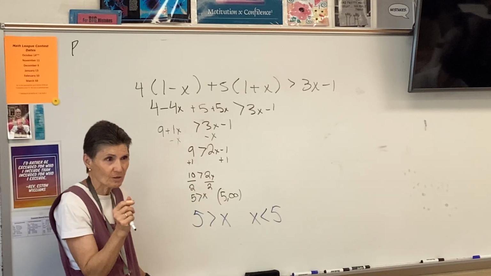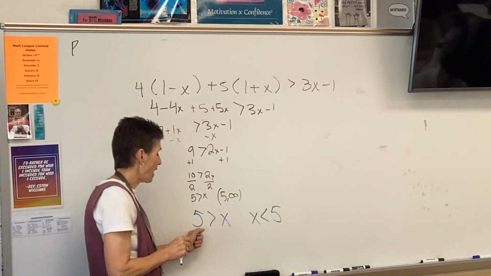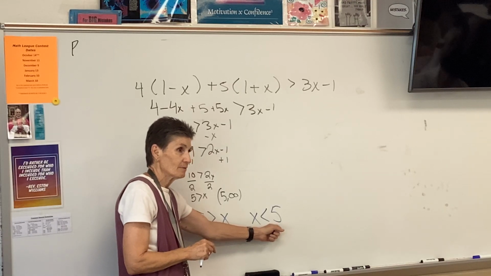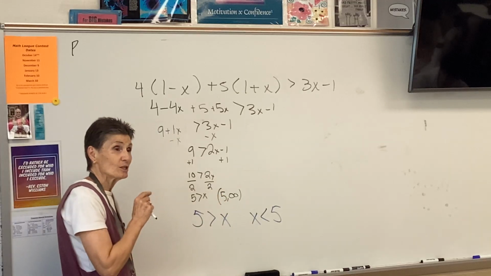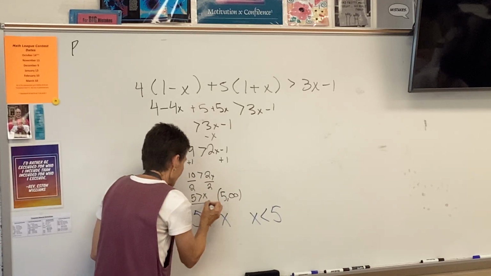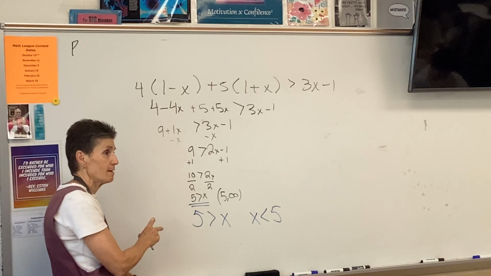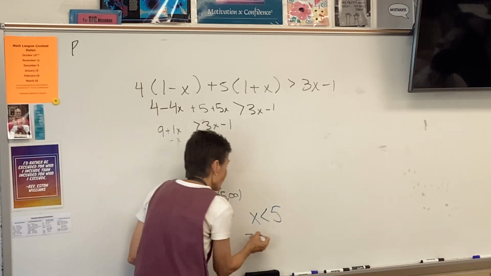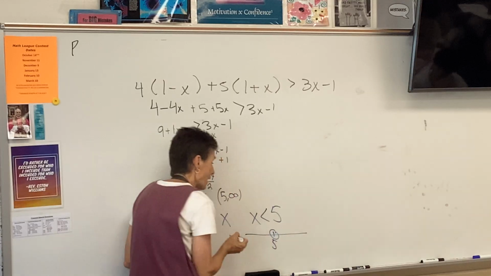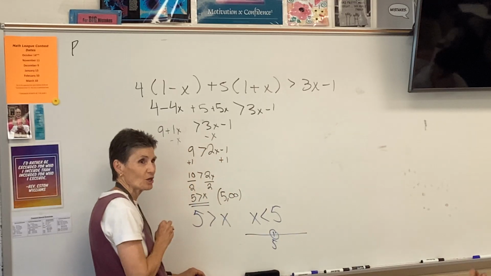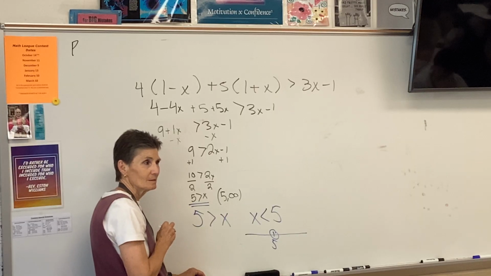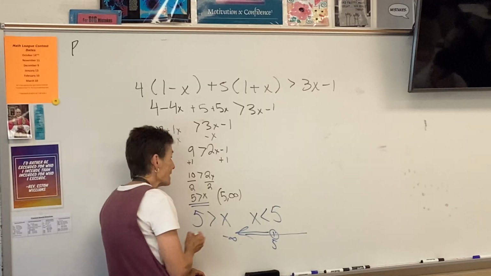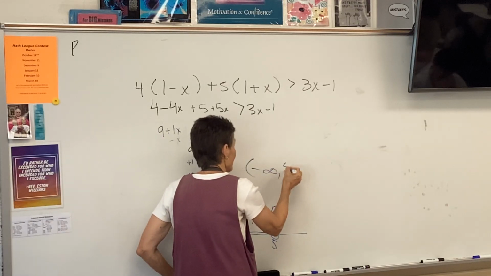Does that make sense to you? This says 5 is bigger than X. That means X is less than 5. Now, that's going to change. This is correct. There's nothing wrong with that. That's okay. But when I write it as an interval, it helps me to have that X first because I have an open dot at 5, but which way am I actually shaded? Left. Left. And that's negative infinity. So my interval is negative infinity to